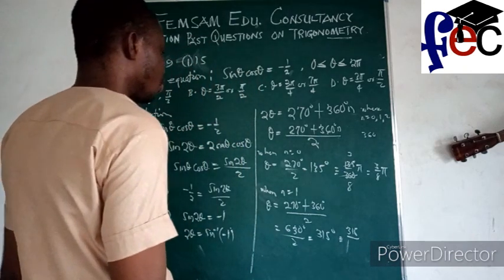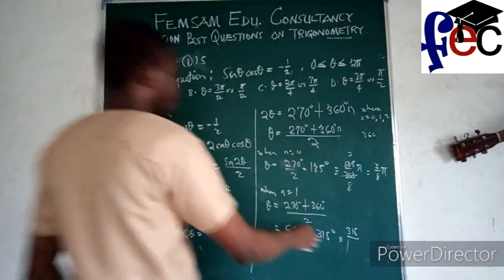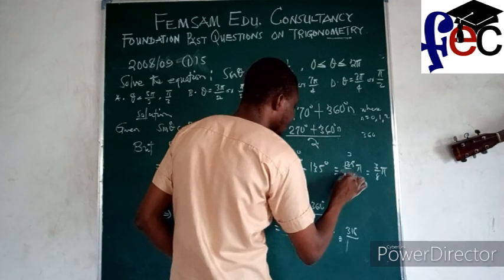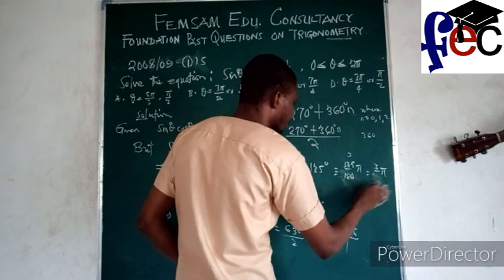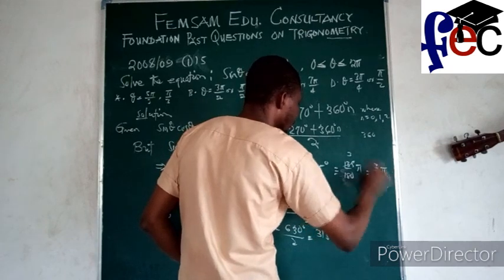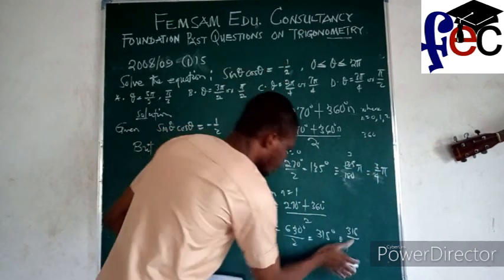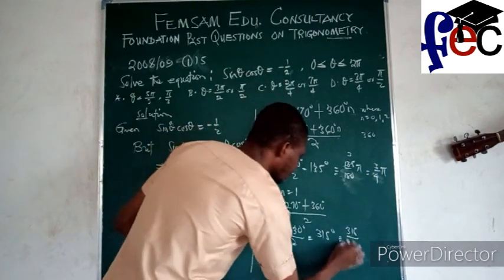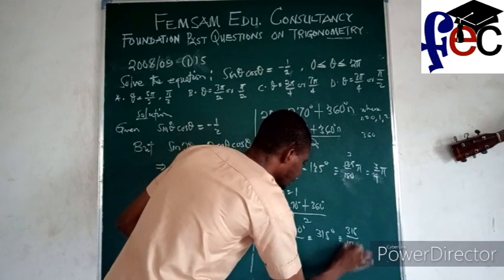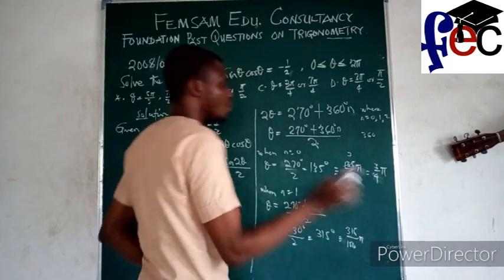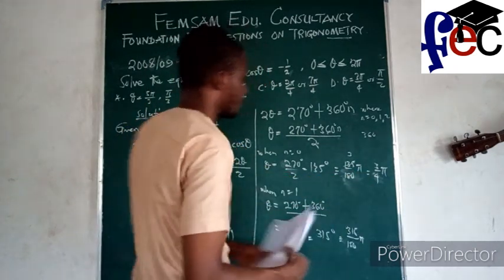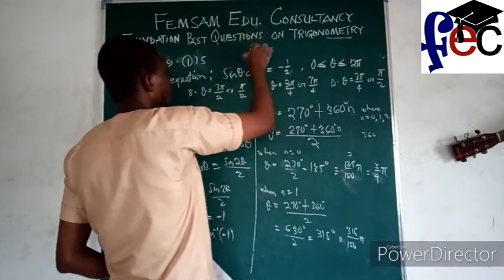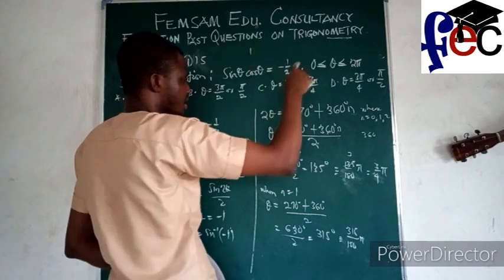Wait, oh, I'm not supposed to divide by 360. Sorry, divide by 180. So that's why this one should be 4. So now we divide by 180 degrees. You may be wondering why I'm dividing by 180; it is because of this pi. 1 degree is the same thing as